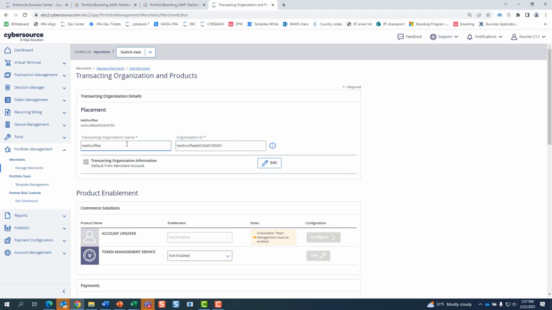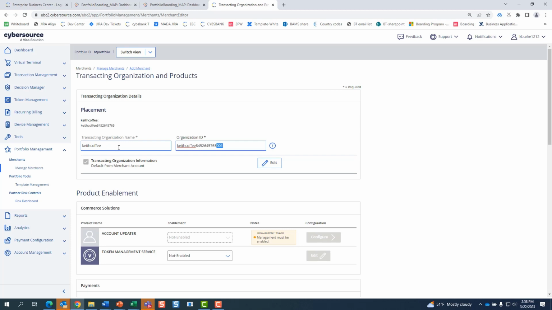One of the things that we do here is the transacting MID also has organization information along with address information. We carry down the organization name in the UI, and then from the organization ID, we take the account node and append a suffix of 001, and the next one will be 002 and 003, etc. With both of these scenarios,